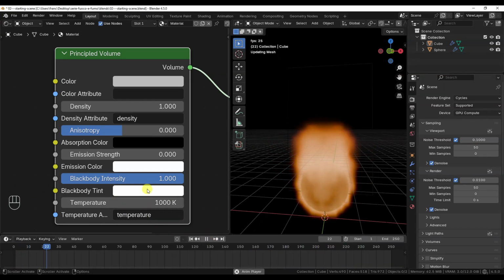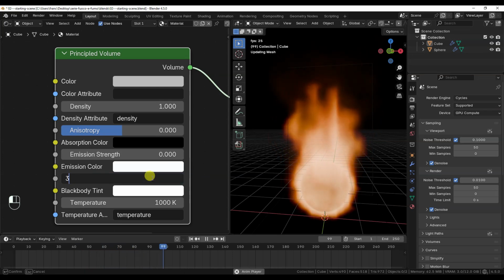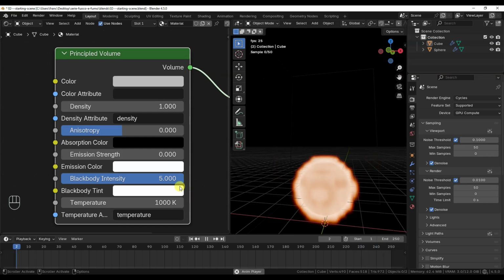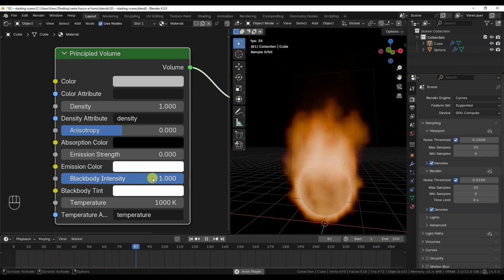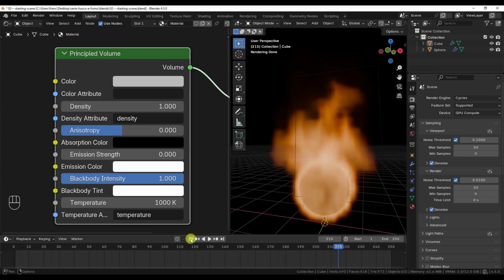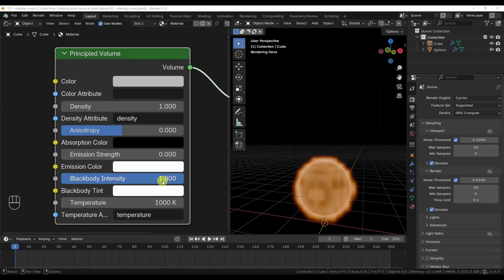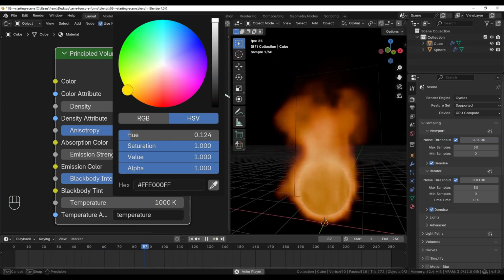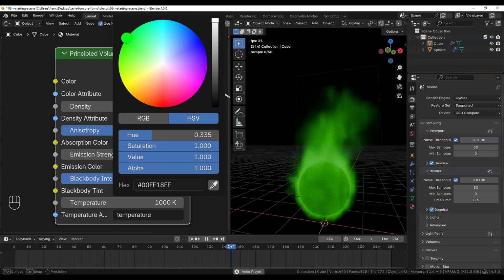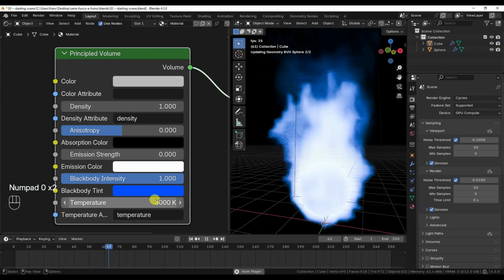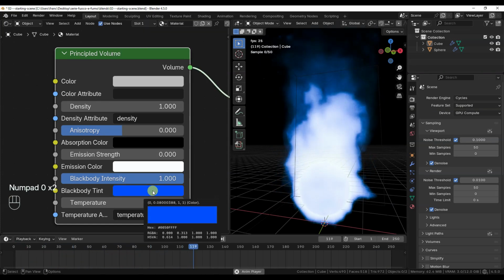Regarding the intensity and temperature parameters, the first has an intuitive meaning and, as mentioned earlier, 1 is a physically realistic value for intensity, while a value greater than 1 will make the fire brighter, though not physically accurate. The tint field lets you change the color of the flames. Of course, this is not a physically accurate representation. For that, you should rely on the temperature value and leave tint set to white. However, if you want to quickly create colored flames without setting up nodes and parameters with emission, then this option may be useful.